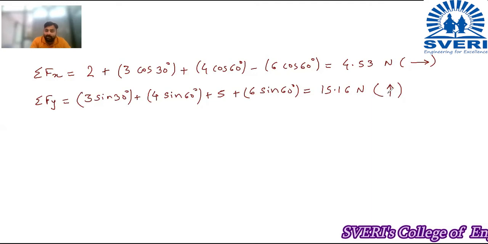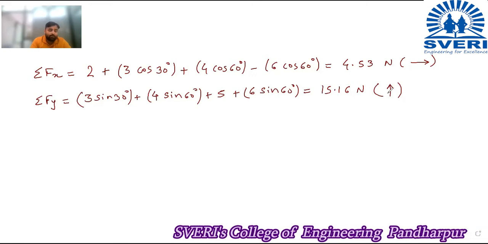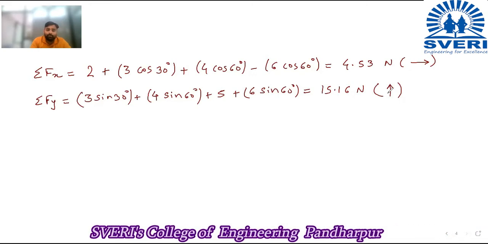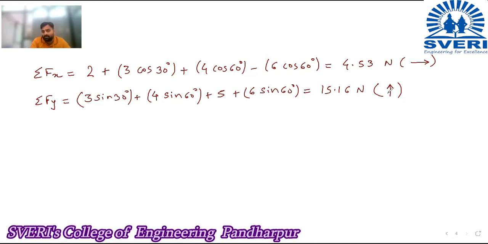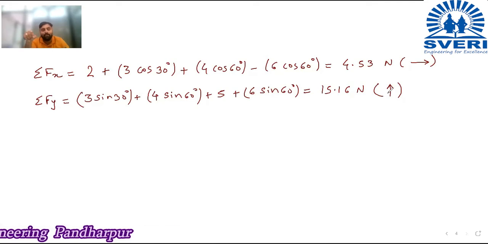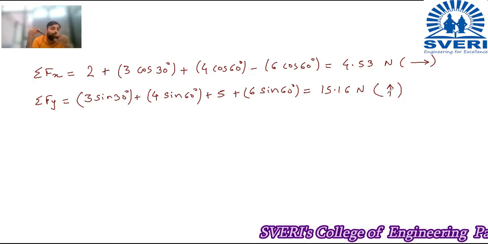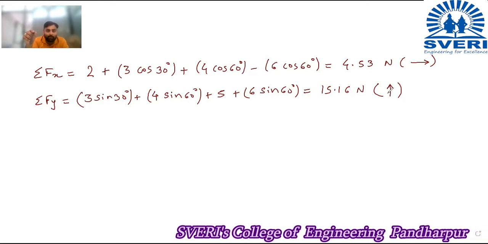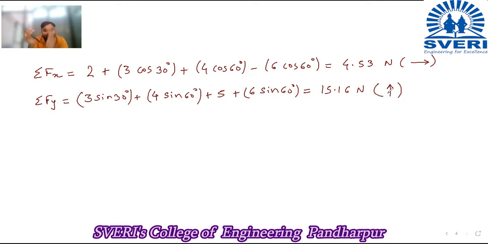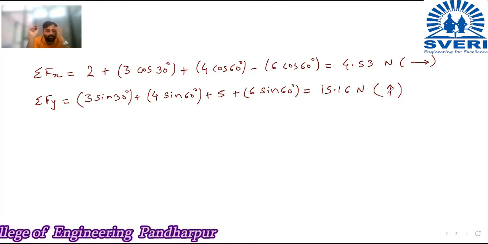So always put the brackets. If you don't put the bracket, then you will get the wrong answer. Since 6 sine 60 is the first term, you should take the sine 60, multiply it by 6, and then add it to the 5. This procedure must be done by the calculator, so for that purpose you have to put the brackets. You are telling the calculator to first do 6 sine 60 and then add it to the next term. So the bracket is very important.